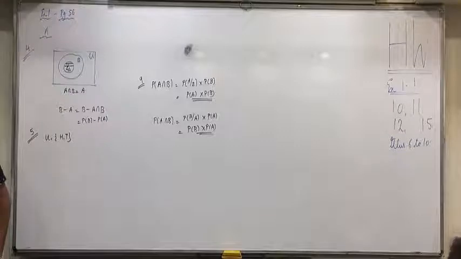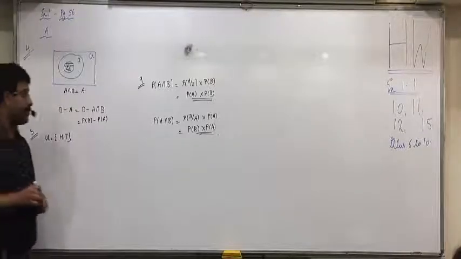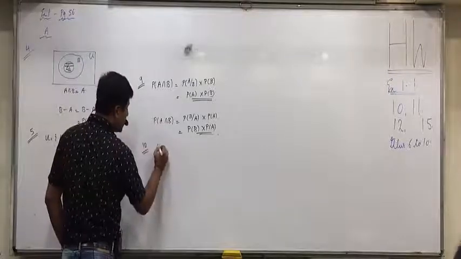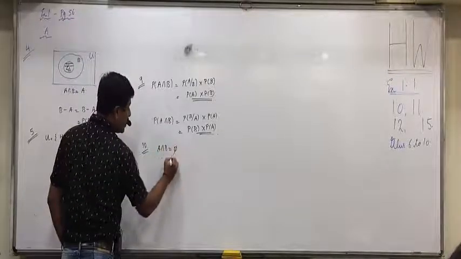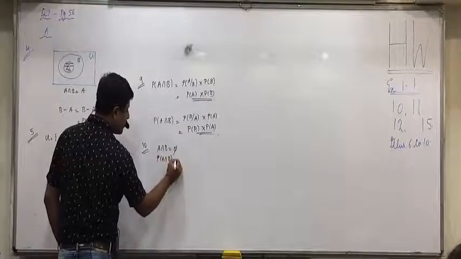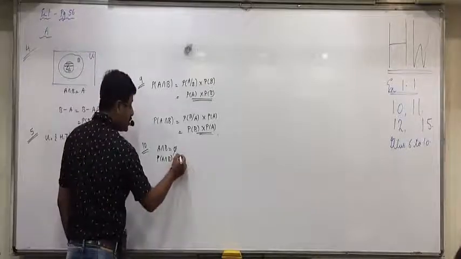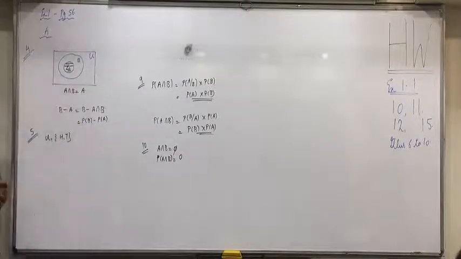Shall I proceed further? Now, two events A and B of a sample space are mutually exclusive. And like mutually exclusive, what does it mean? A intersection B is? What will be P of A intersection B? 0. A intersection B is null set. What will be P of A intersection B? 0. Now which of the following will be equal to P of B minus A?